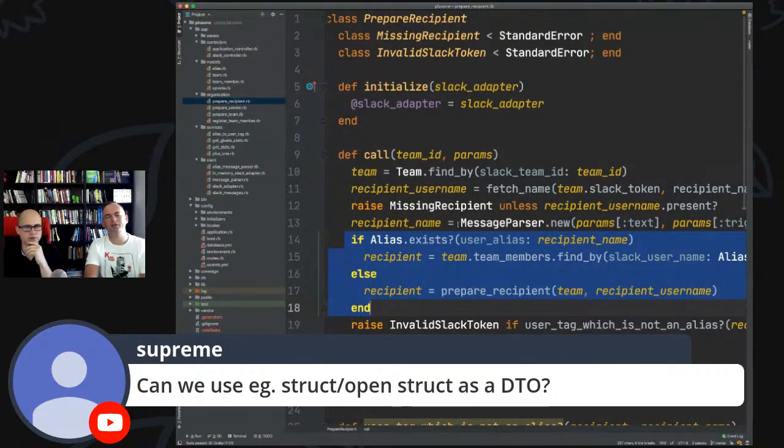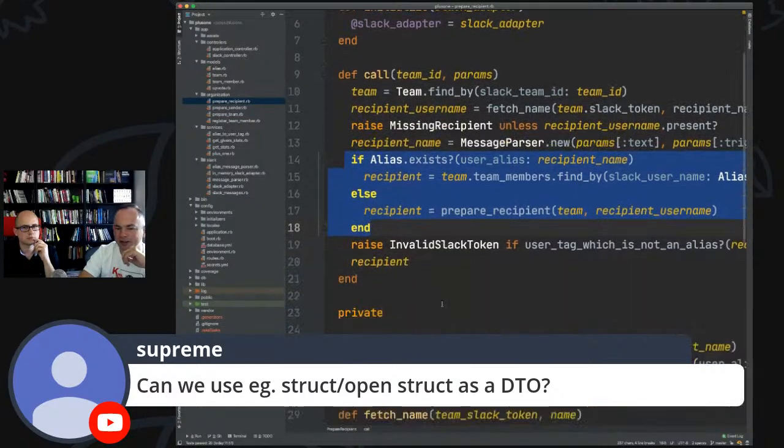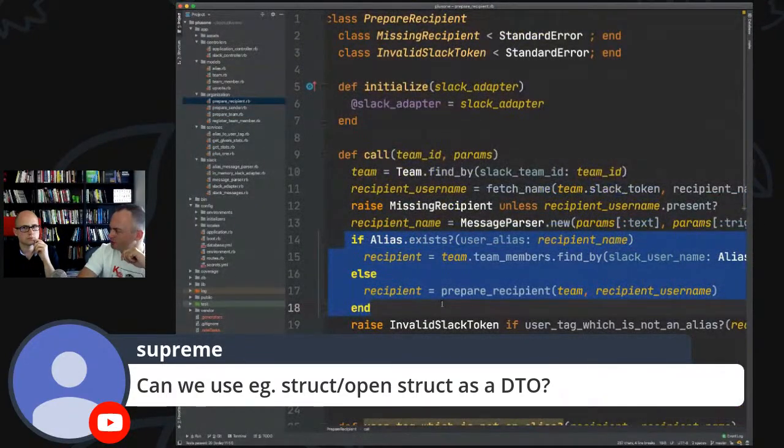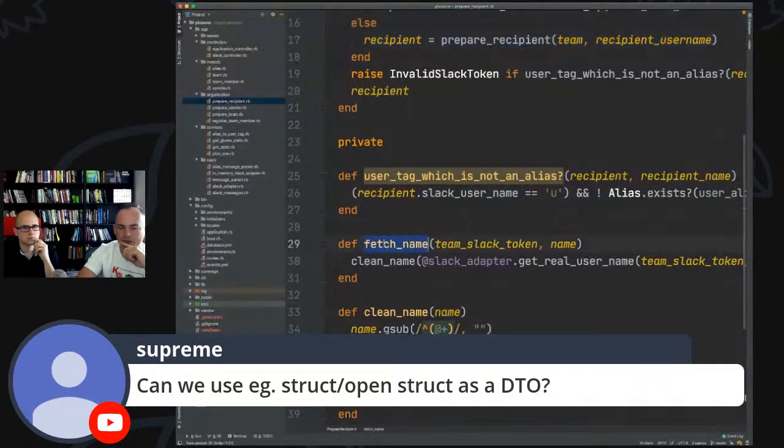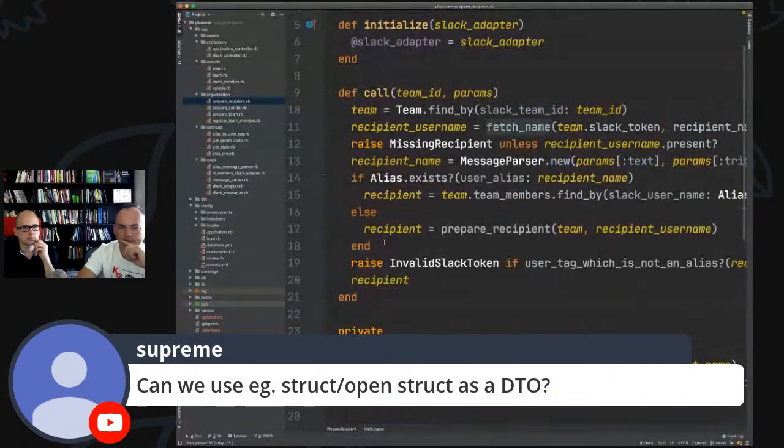Not really. This code is overcomplicated for no reason, basically. So it was more like historically someone started with one line of code, someone added a second line of code, then I added aliasing here. Meanwhile, the Slack integration actually stopped working, so it's not really used here. So all this stuff can actually be removed. So the logic itself is also not so complicated.